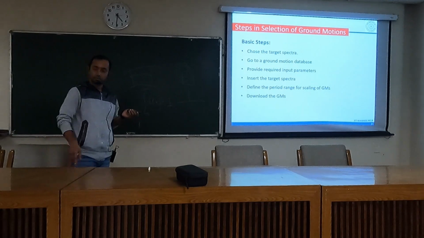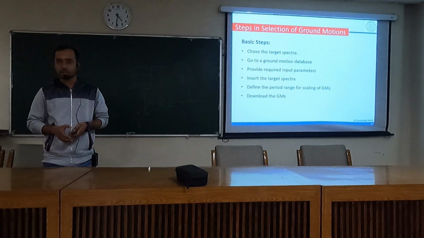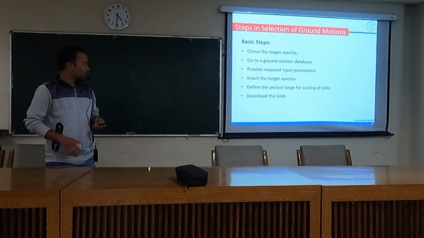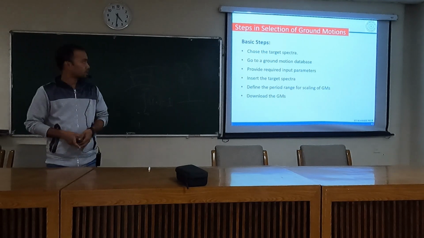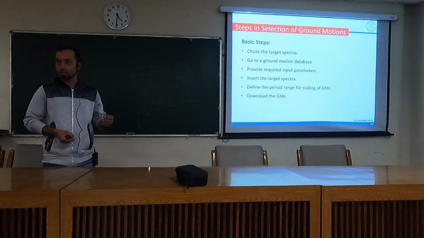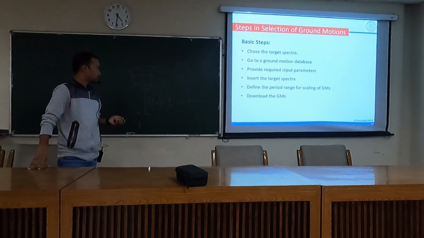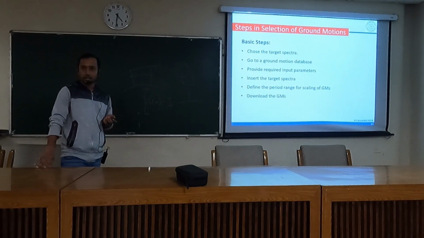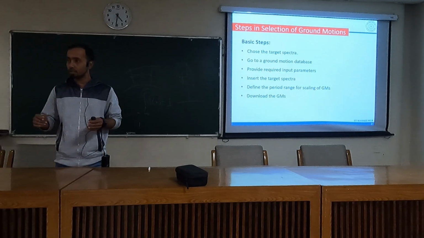Then you provide the input parameters. This I will talk about later, what are those input parameters you need to input. And after that you have to insert the target spectra. You have selected the target spectra in the first step. Then you insert the target spectra in the database. Then define the period range for scaling of ground motions. It means if you see the target spectra given in code, it's